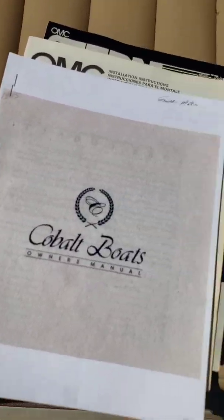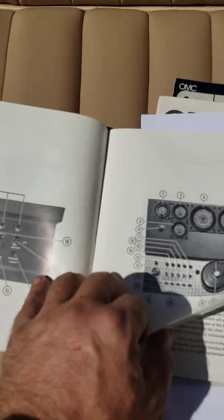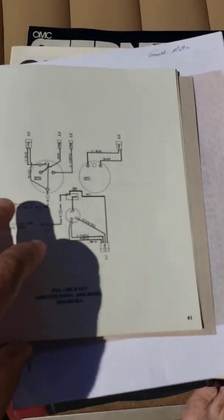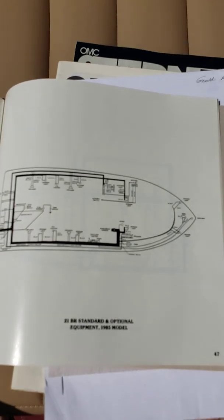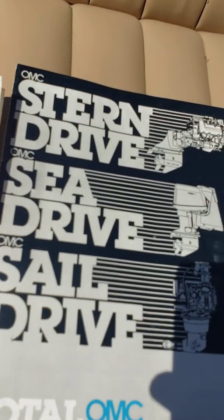Man, the wind is making this no fun. The original owner's manual for it, as you can see, and it has all the steps. A lot of information, electrical wiring diagrams, all. See, I mean, this is just incredibly valuable information. I'm going to line these all up here, take a picture of them for the thing. And then you have,